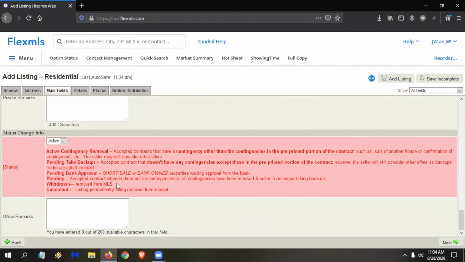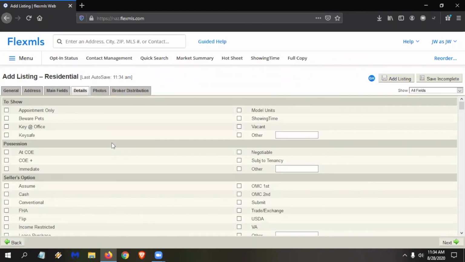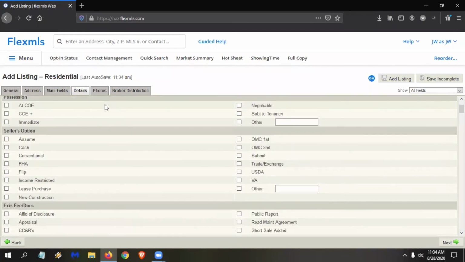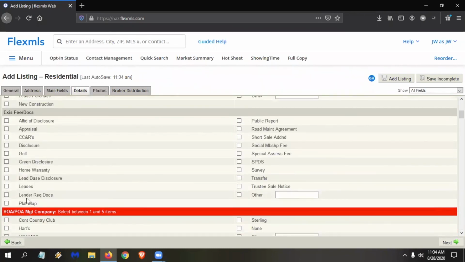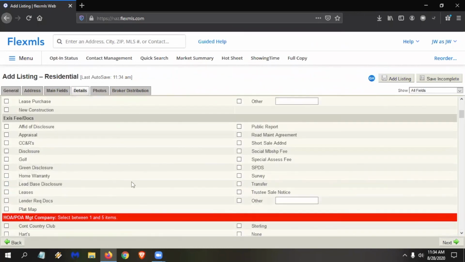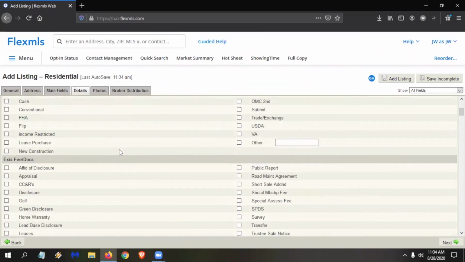So then it has all this information on the main field. If we wanted to go to the details tab, I click on next, or I can click on details. You'll notice a lot of this is not red or pink, meaning it's not required, but I highly recommend filling out as much information as possible. The HOA is required, but a lot of